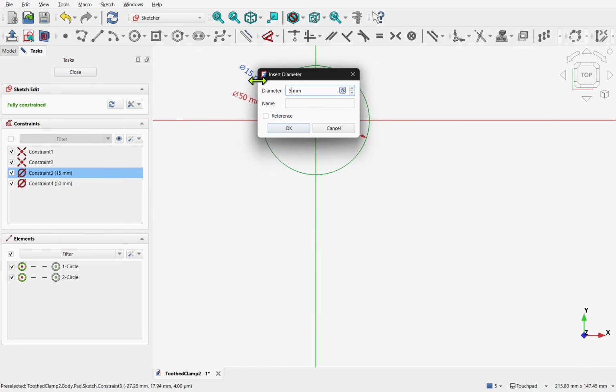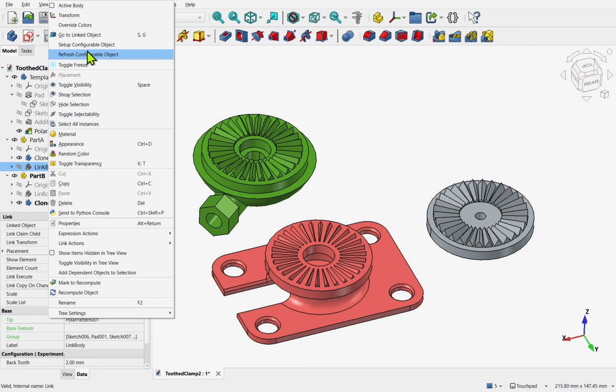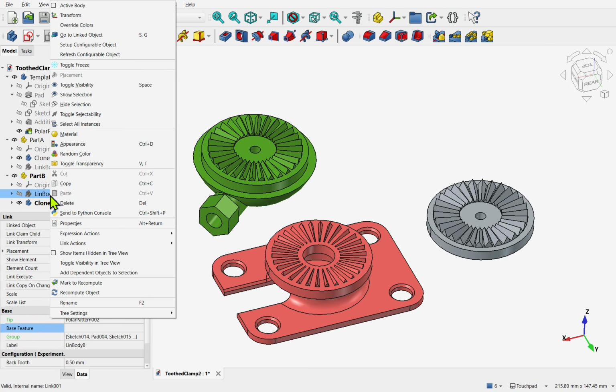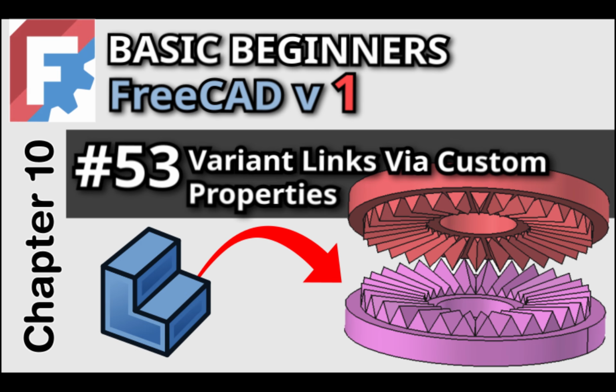to derive others from. We'll then take this a step further by using the variant directly as a feature in our designs. For example, both parts can use the same tooth generating body while allowing each variant to define different tooth sizes, eliminating the need to recreate the tooth pattern for each part. Please note this lesson assumes you have already completed the previous video for a fuller understanding of how variant links